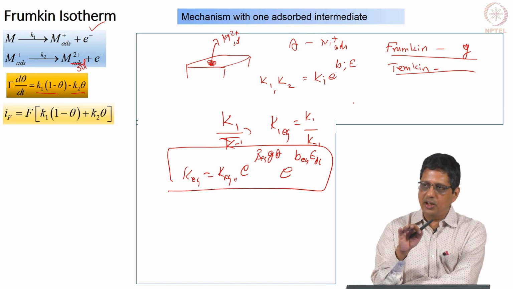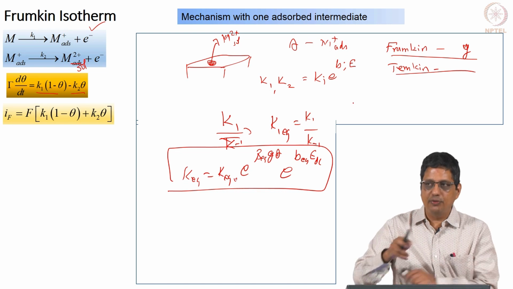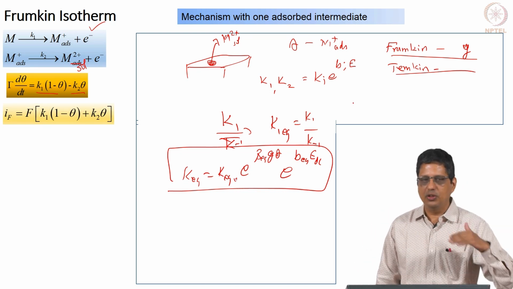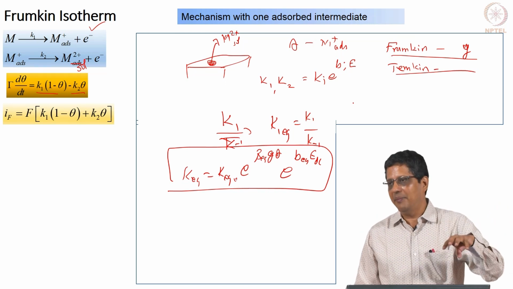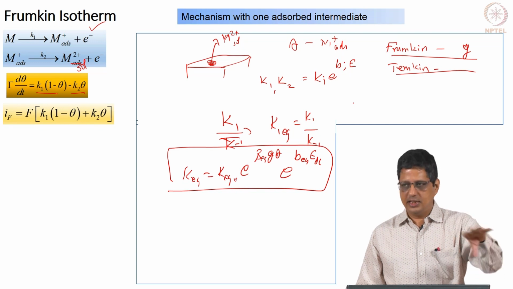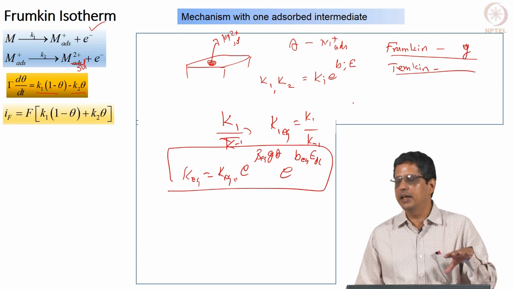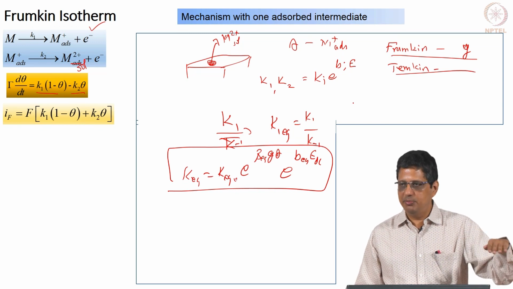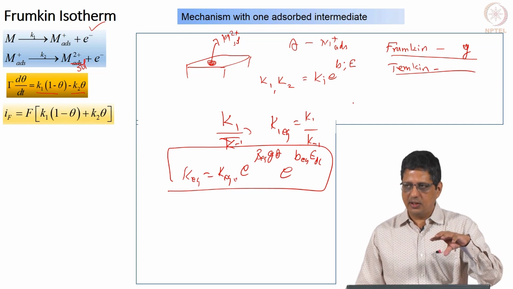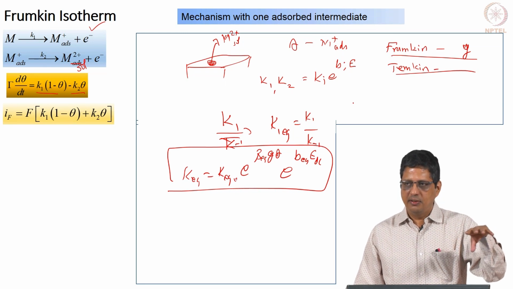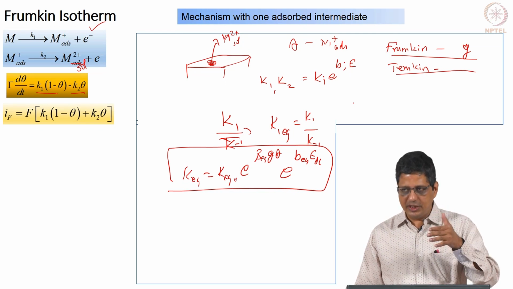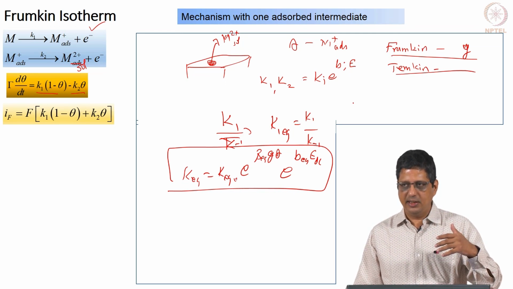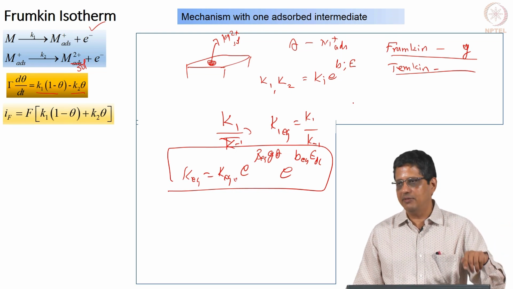When somebody looks from outside, of course, if you know which site is what, then somebody who looks from outside will know that people always preferentially go to that site. But if they only have data on how it looks when it is occupied and how it looks when it is not occupied, then they will not be able to see a difference between the rate constant or the preferential occupation in the Temkin isotherm case and in the Frumkin isotherm case. Because in our visualization, or in the example I mentioned, we already think we know which site is better, which site is poorer, or we can identify the sites.